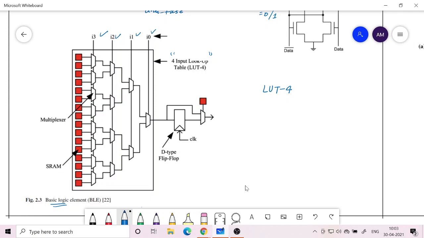Now this LUT4 diagram is something that we have already seen in a previous class, when we discussed the multiplexer based implementation, maybe the first lecture that I took, where I discussed how you can implement a Boolean function with the help of multiplexers. We started with a particular Boolean function with 3 variables, wrote it with A, B, C as inputs, and implemented the full adder carry. One of them I gave you as an assignment, and the other I implemented in the lecture itself.